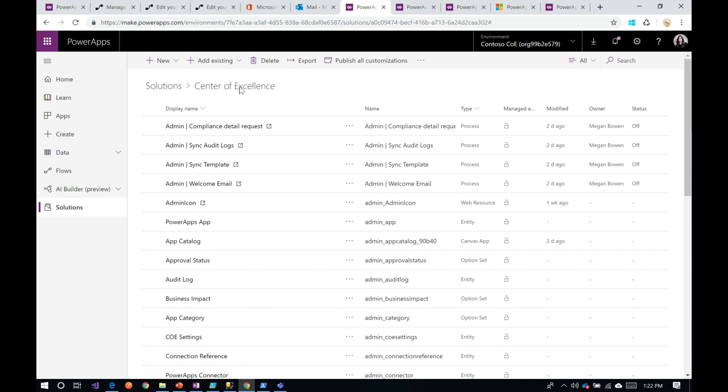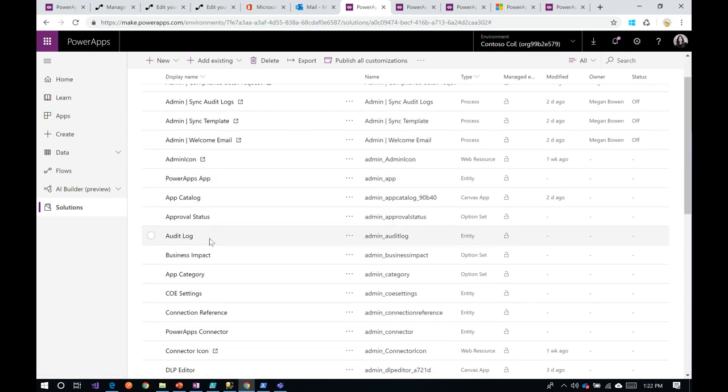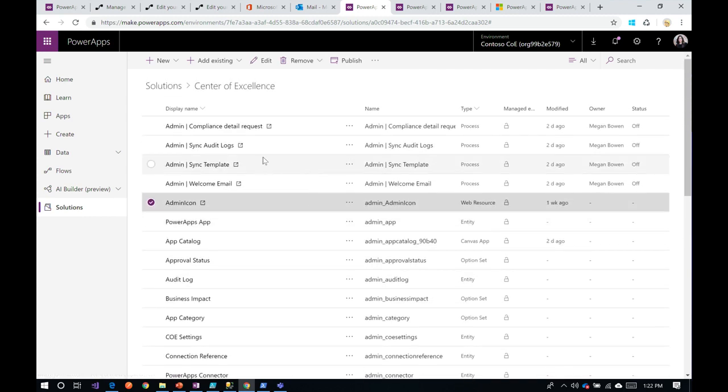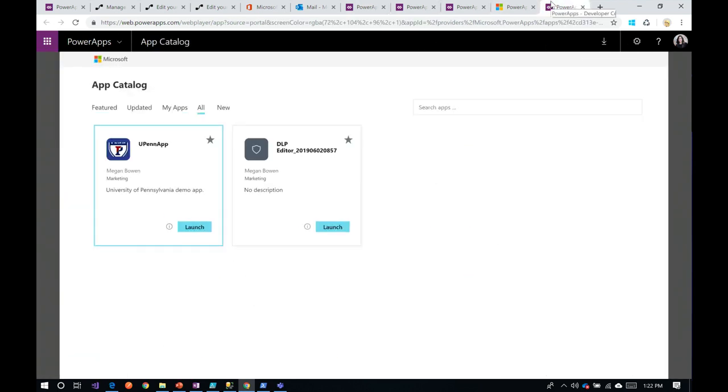So this is the Center of Excellence package. You can see here that we have entities that will capture all of the apps, all of the flows, the audit log that we get from Office 365. There's a lot of resources here. Some of the flows here are meant to run on a daily basis and capture all of the apps that you have in your environment into those entities. You have flows here that will go to the Office 365 logs and capture all of the usage of your apps. So all of those things we put in a package that hopefully you can use as a starting point for your own automation. We have model-driven apps that are available as well,